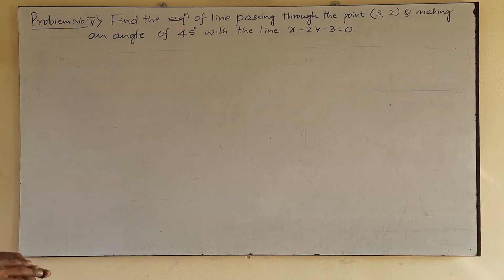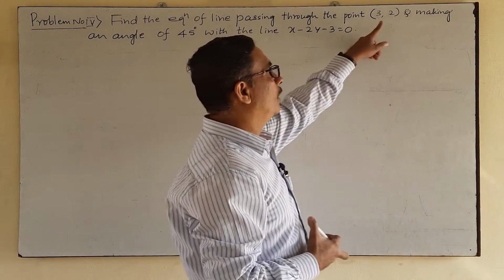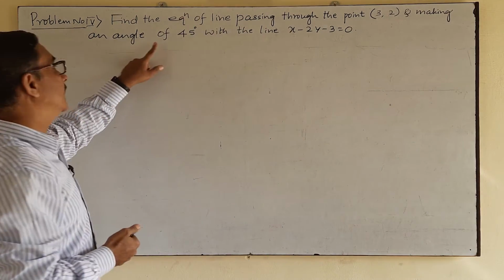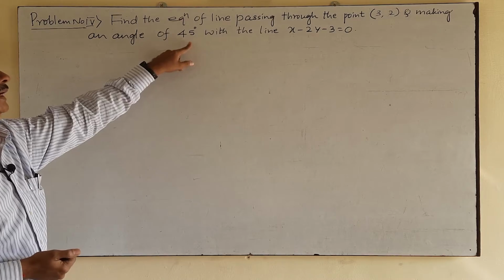Find the equation of line passing through the point 3, 2 and making an angle of 45 degree with the